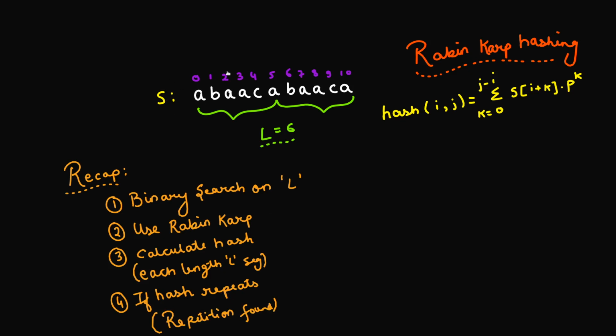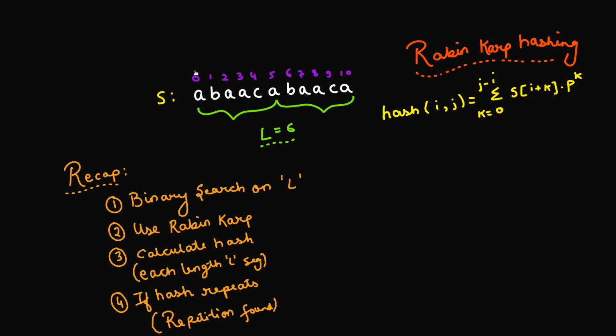Okay, so that is all that you need to know in this binary search, Rabin-Karp hashing, and sliding window. That's all you need to know. We'll also see how we can optimize Rabin-Karp hashing when we are applying it in a sliding window manner. So it's not that you always have to iterate on the whole length in order to compute.